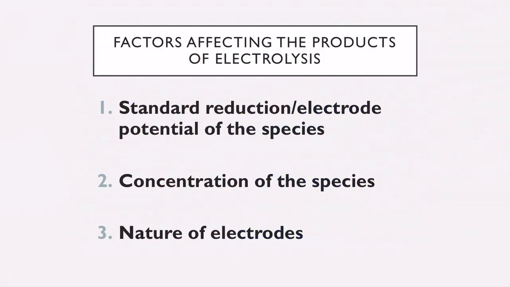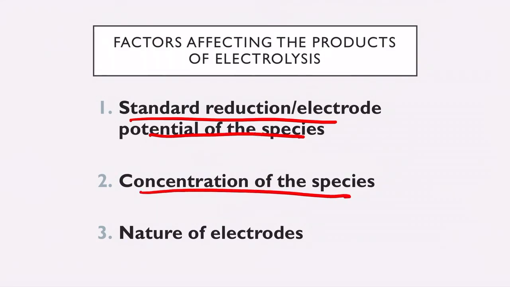Alright, so there are 3 factors affecting the products of your electrolysis. Okay, so basically ini adalah cara untuk you to predict what products you will get at your electrode. Alright, so you have the SRP of your species, and then you have concentration of your species and the nature